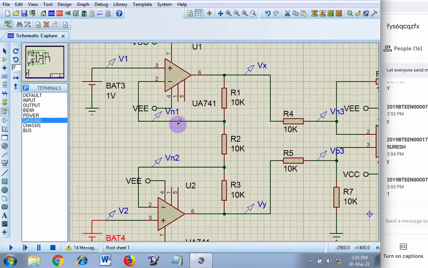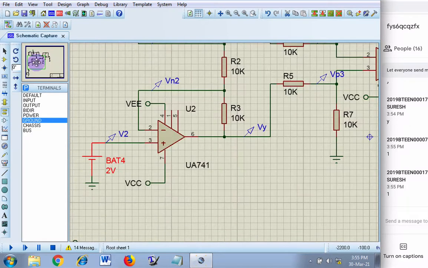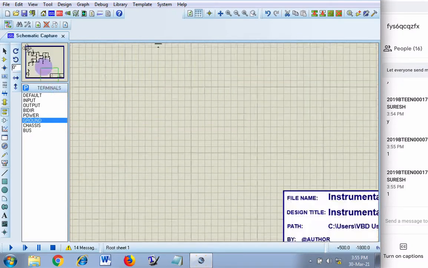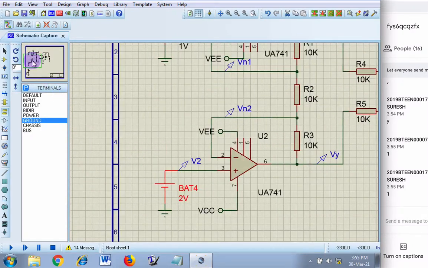One volt. Right. You are taking too much time. Now V2 is how much? V2 is 2 volts. Therefore Vn2 will also be 2 volts.